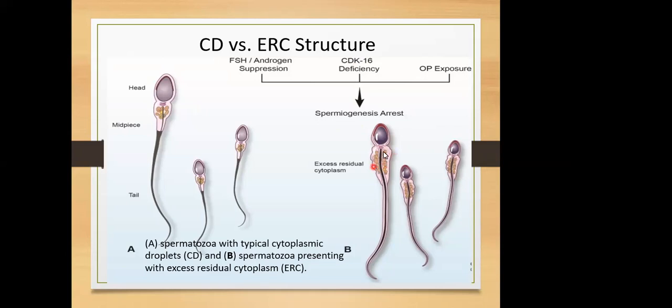And so that becomes spermiogenesis arrest. And talking about FSH and androgen suppression, and we've known this, that spermiogenesis is hormone dependent. And so if you have FSH, then also